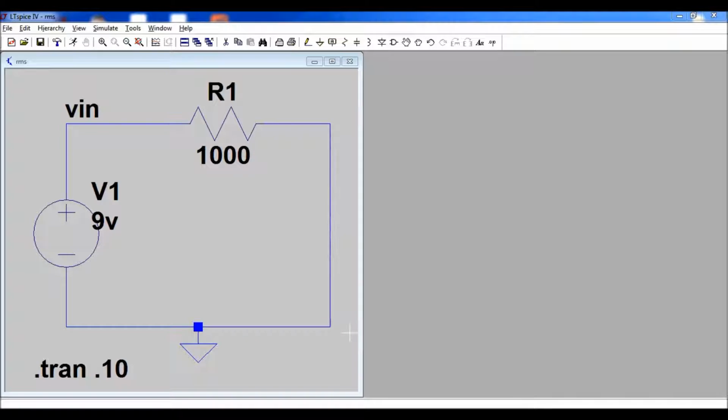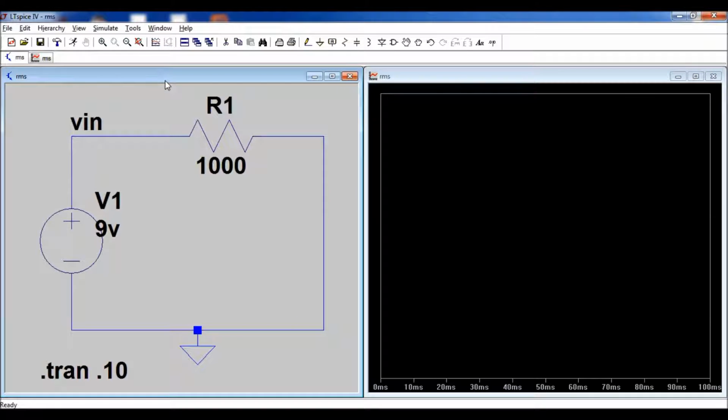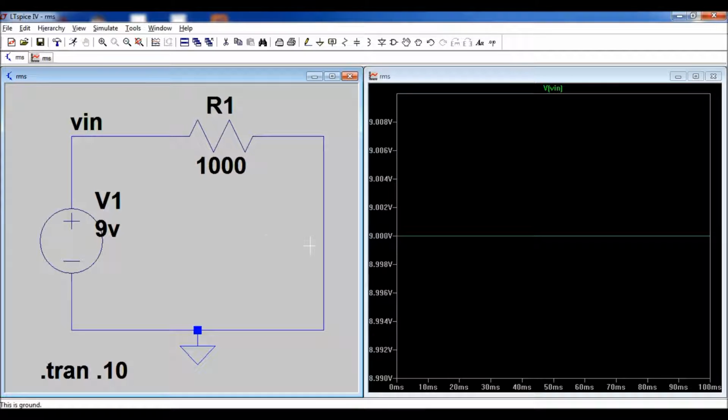So here I'm using a simulation software called LTSpice. I have a 9-volt power supply and a resistor of 1 kilo ohm. If I run this, and if I hover over the resistor here, on the bottom of the screen you can see that the dissipation power of the resistor is 90.9 milliwatts. And next to it is the DC operating point, which is the current, 8.9 milliamps, and the symbol is negative because the simulation software allows only the current to flow in the opposite direction, so that's why the negative symbol is there. So if I click on VIN, it shows me a constant 9-volt supply,